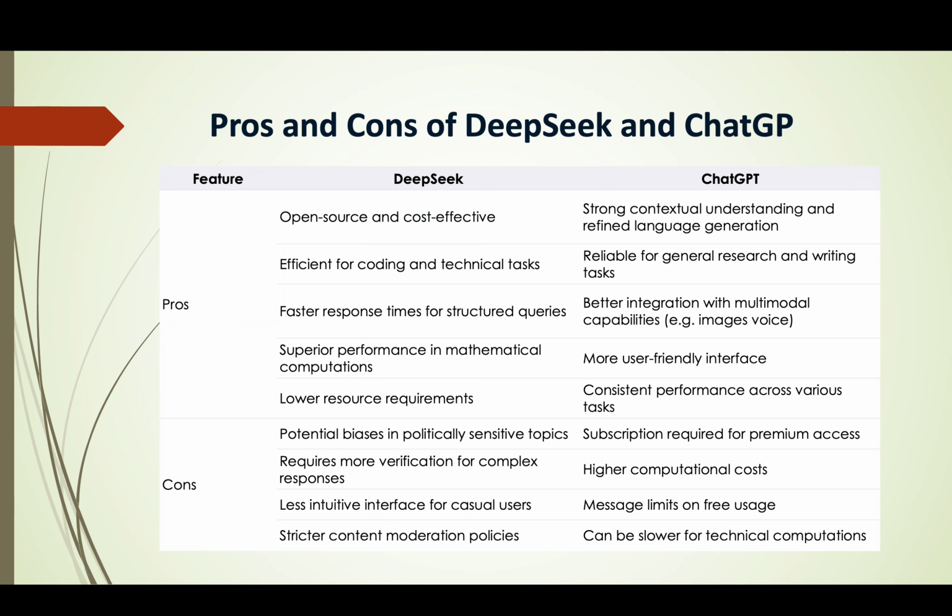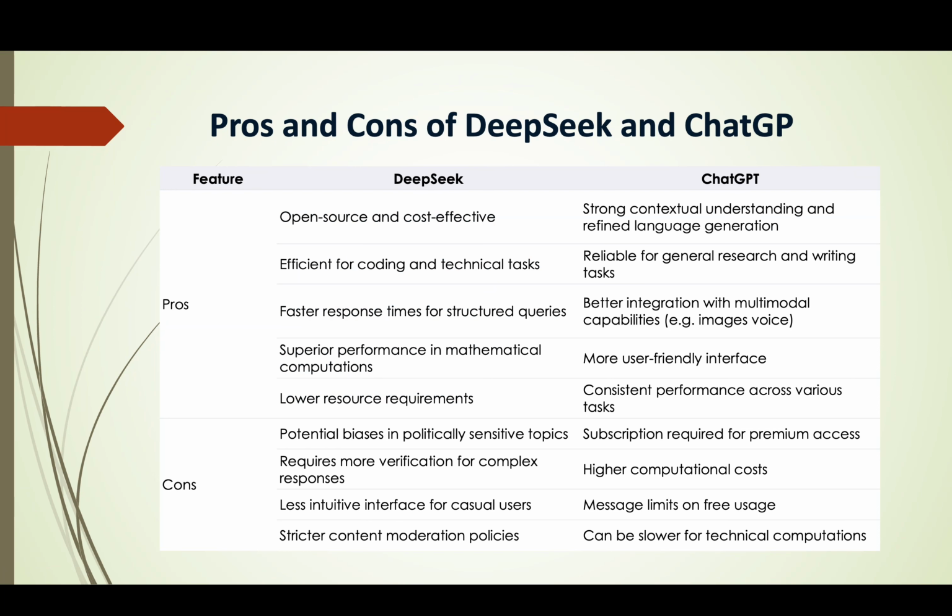The positive side, DeepSeek: open source and cost efficient, efficient for coding and technical tasks, faster response time for structured queries and superior performance in mathematical computation, lower resource requirements. And with respect to ChatGPT, strong context understanding and refined language generation, reliable for general research and